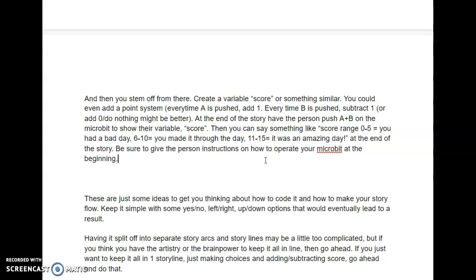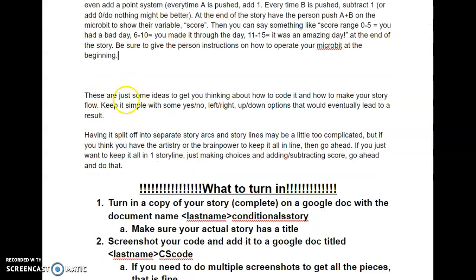Okay, have it as like instructions or a tutorial or something. So you need to tell them, make sure you push A. If you'd like to see your score, push A and B, so on and so forth. All right, so these are just some ideas to get you thinking about how to code it and to make